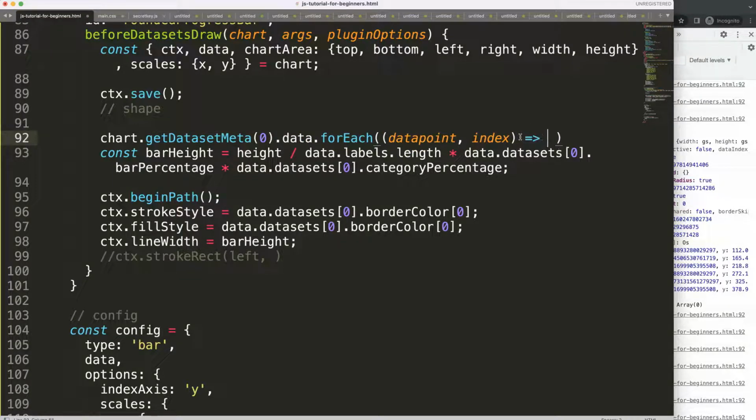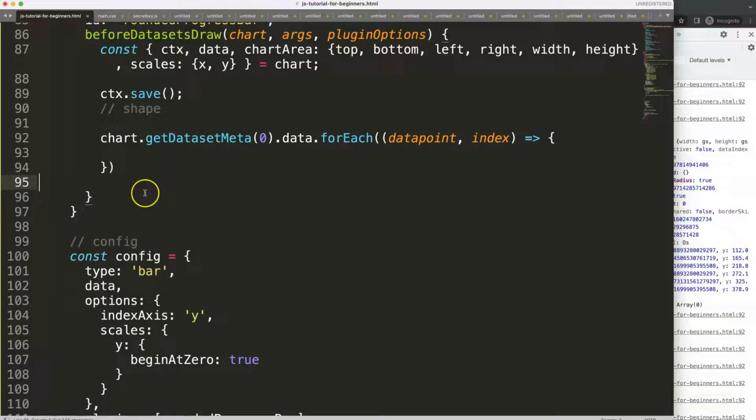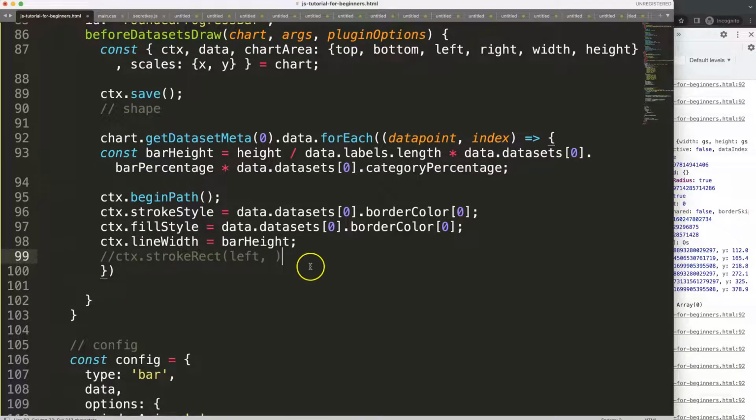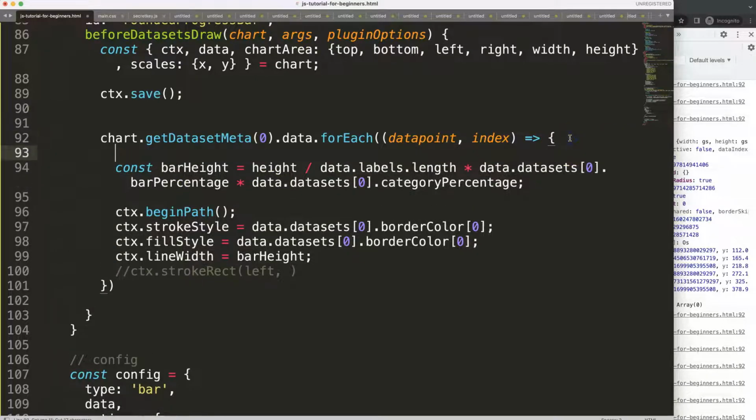Then I'm going to put in here a function arrow expression to create a callback functionality, and all I want to do is cut out everything we have here, put it in there, beautiful, and then maybe I'm going to cut out this, put it in here as well, and then let's put that back. There we are. Now what we can do is we can do continue on here, and this becomes easier because we have the